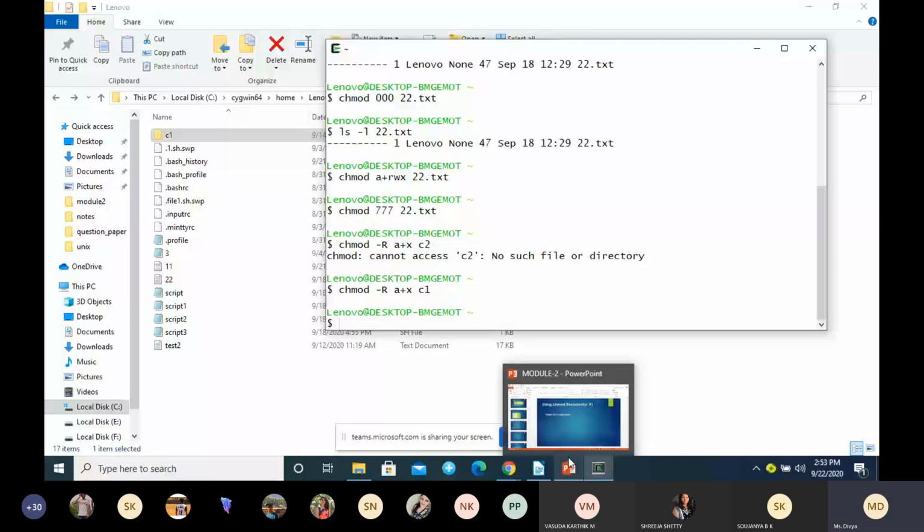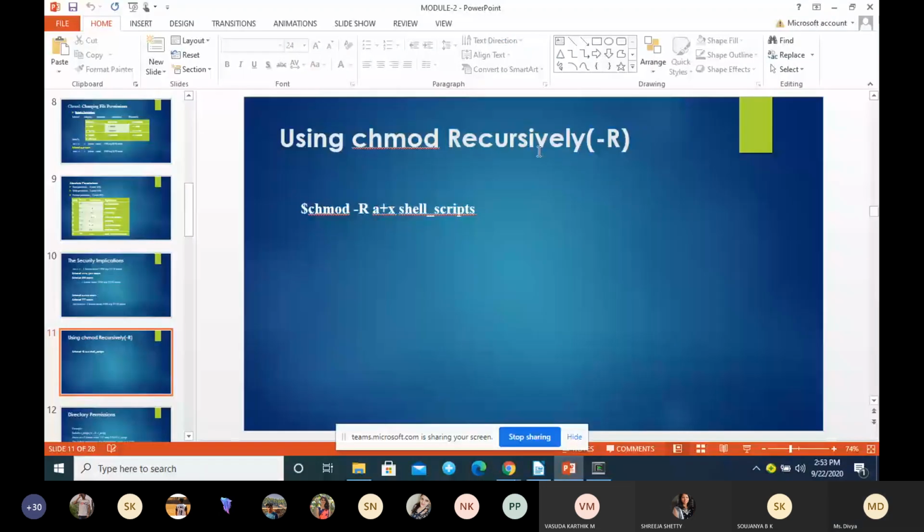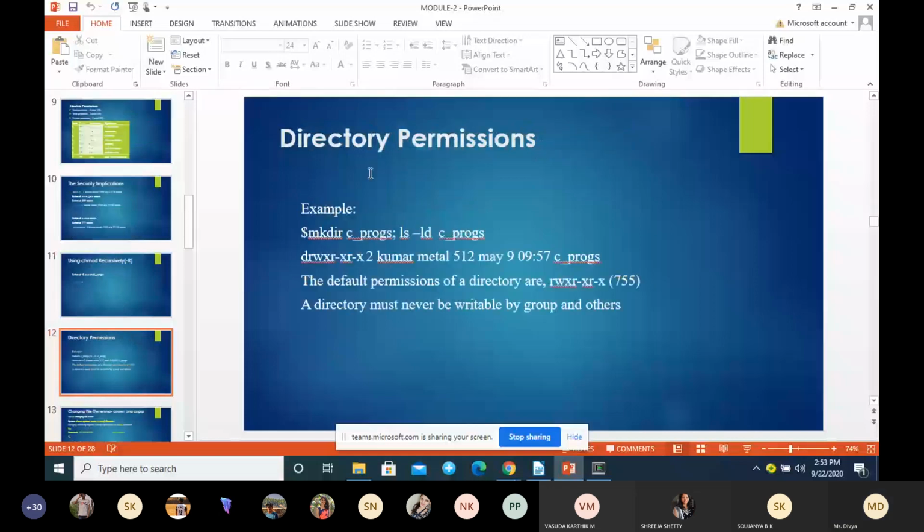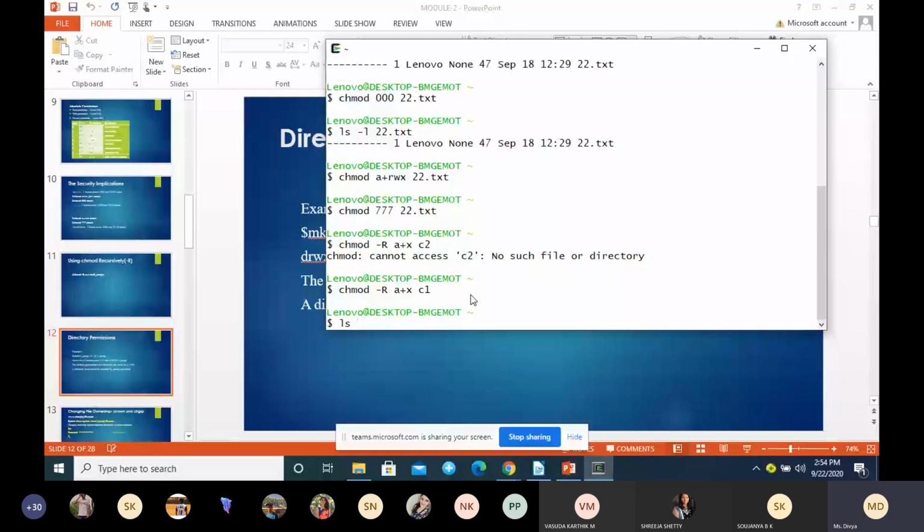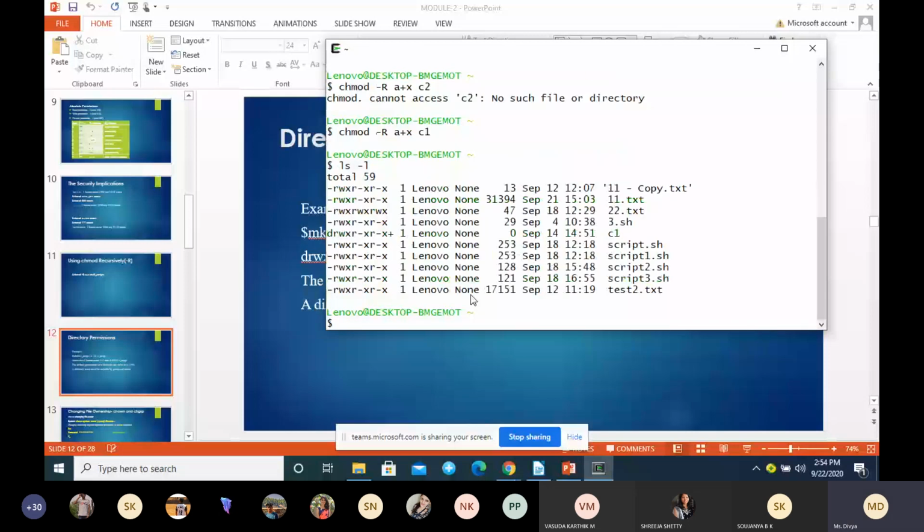So using chmod recursively. The next one is directory permission. For directory permission, to see the permission of the directory, we are using -d. Look into this. Suppose if I give -l, it will list all the permissions, irrespective of whether it is a file or a directory, it will list all the directories and files, correct?